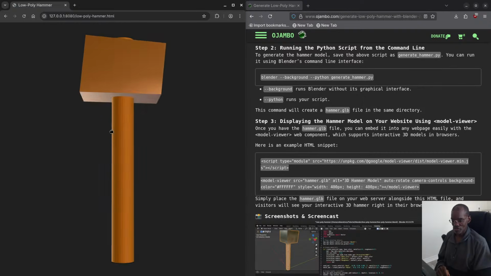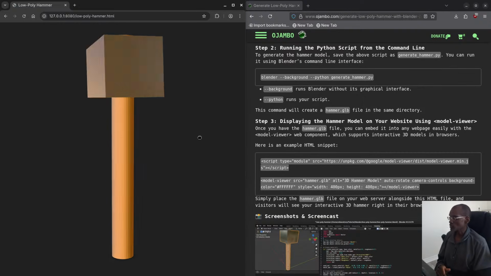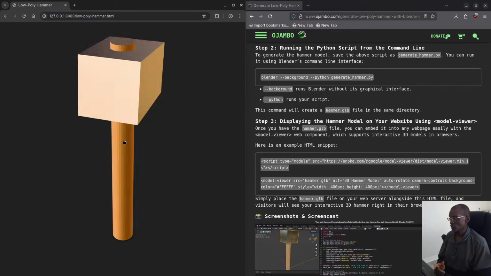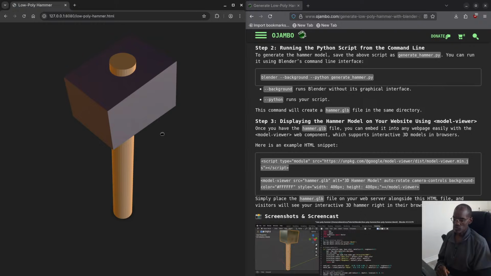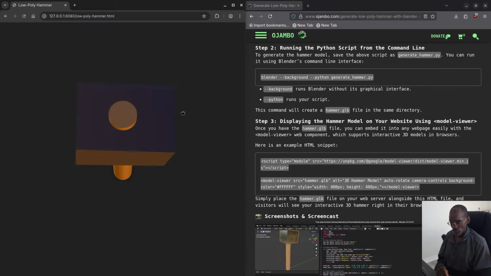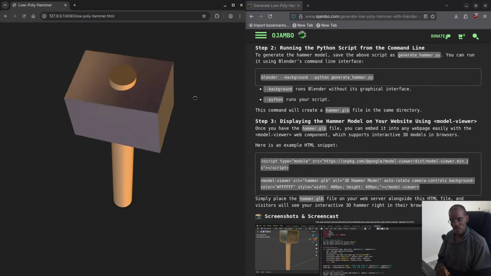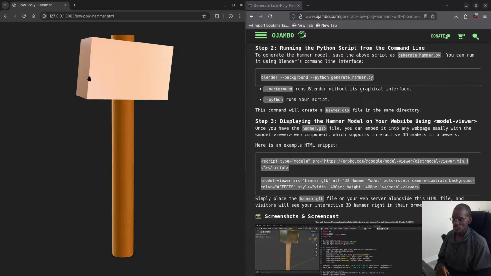You can see there, I say it's low poly. You guys saw how many polygons that uses. Very, very few. So why would you need low poly stuff? For example, maybe you're making games, or you want something simple. Like I was explaining, for example, in the past,